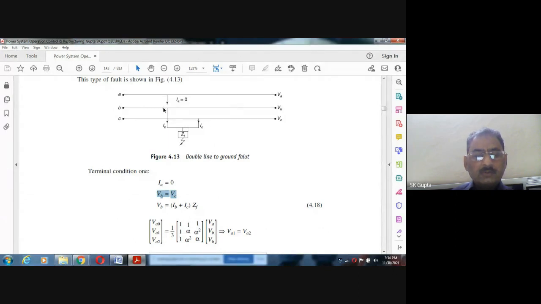This VB, IB plus IP, you see this kth bus, the IB plus IC into ZF is equal to VB, and this is equal to the same, will be equal to VC. So now these are our three conditions: IA is 0, these are the voltages, these are the currents. So we will first